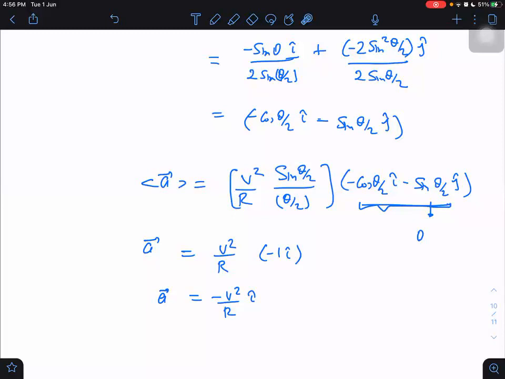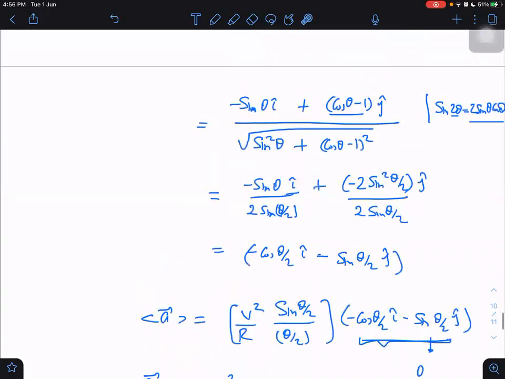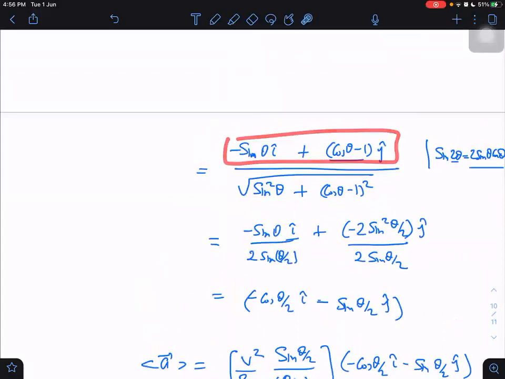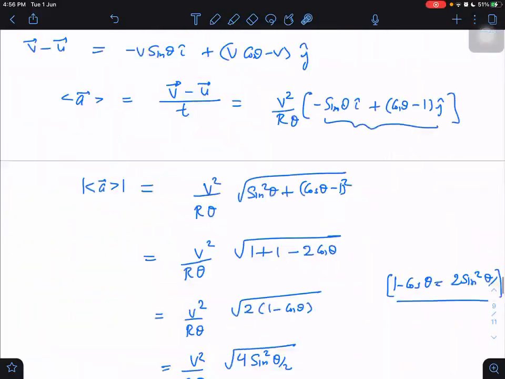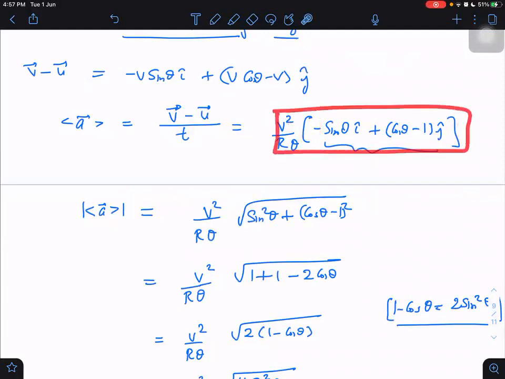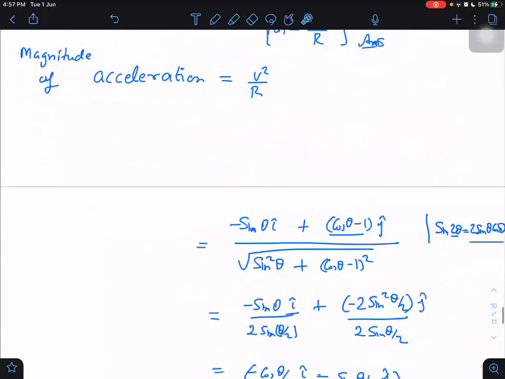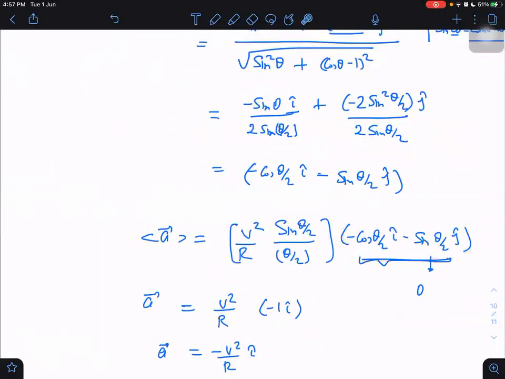In the above step where you found the unit vector, you have to divide the whole vector by its magnitude, no, sir? But my whole vector is this only. I was taking this part separately and dividing it by its magnitude, and this I multiplied at last. What difference would it make if you take this also? Then again divide by v square by r theta, and this will finally cancel this part only. So the unit vector will always remain what I got here. If you try taking the v square by r term also with it, it doesn't make a difference.